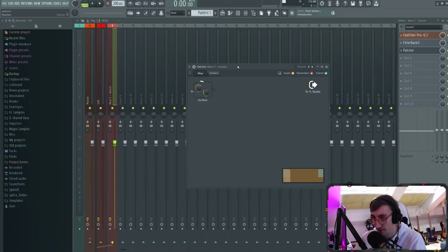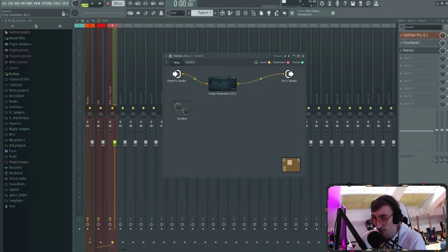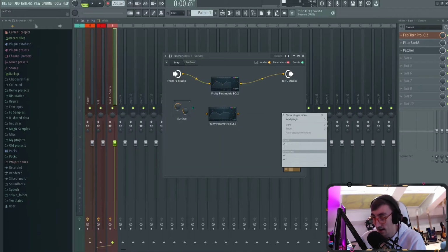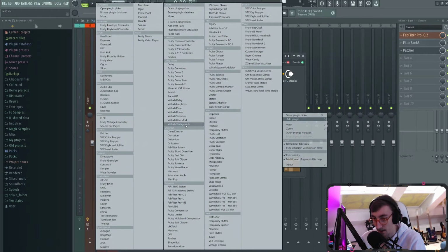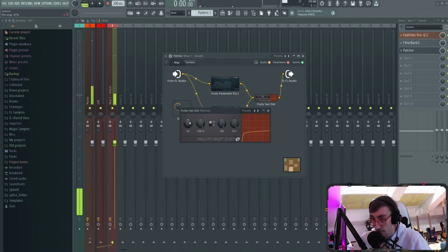If you pull up a Patcher, you can use this to just add, for example, two EQs in here, add another one like this, and we need a distortion. So let's add my fruity fast distortion right here. This goes in here, this goes in here. So we start out parallel, this goes parallel, and then we go back to FL Studio. I've deactivated the filter bank so it doesn't take up any of the space. So now, if we play our sound through the distortion,